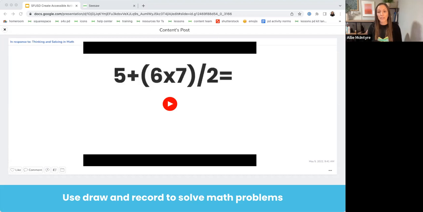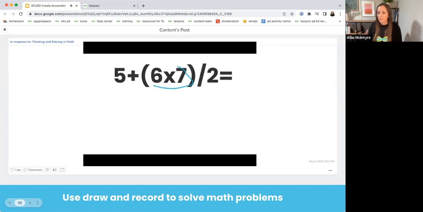Then students went in and used our microphone tool, which is like a draw and record. And you're going to see this in just a minute. It not only records the voice, but it also records the drawing that's happening on the screen. And the student did this to record themselves solving and explaining how they solved this math equation. The teacher could add a mini lesson video as well if they wanted to support students who need extra help understanding the concept. So this is a very quick and easy way, like I said, to capture students' learning and check for understanding. So let's take a look at this.